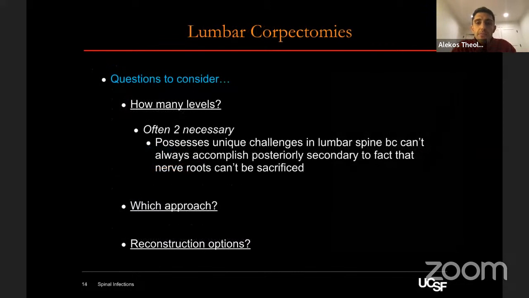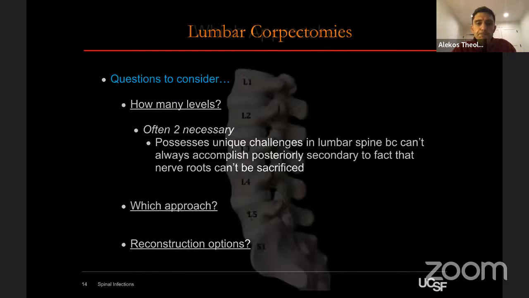Now, when we talk about lumbar corpectomies, there are several questions to consider. The first is how many levels need to be performed. Because many times the subadjacent vertebral bodies are affected with this pathology, often 2 are necessary. This poses unique challenges in the lumbar spine because unlike the thoracic spine, where you can take out multiple vertebral bodies posteriorly and reconstruct the spine posteriorly, you can sacrifice the nerve roots. That is not a possibility in the lumbar spine. So it definitely brings up the question next of which approach to take. We'll talk about that shortly. And then we also have to consider what reconstructive options you have in your toolbox,